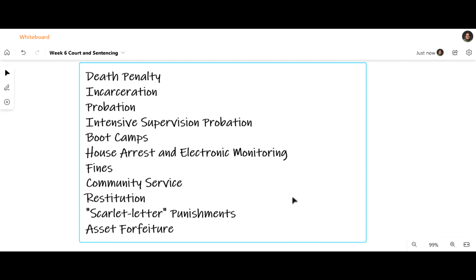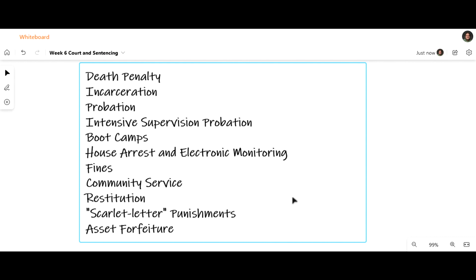So a Scarlet Letter punishment, if you're not familiar, the Scarlet Letter was an American novel about a woman who was caught cheating on her husband with a man, and she was forced to have a red A pinned to her outfit at all times to show the entire village that she lived in that she was an adulterer, that she committed adultery. Long story short, the guy she cheated with was, oh God, I think